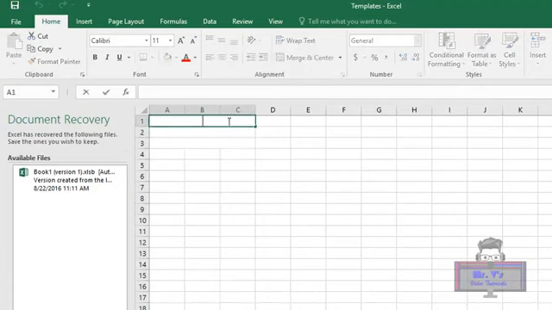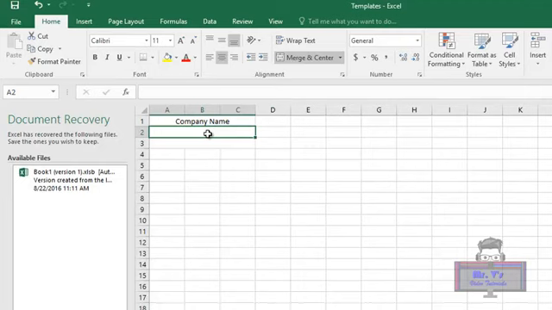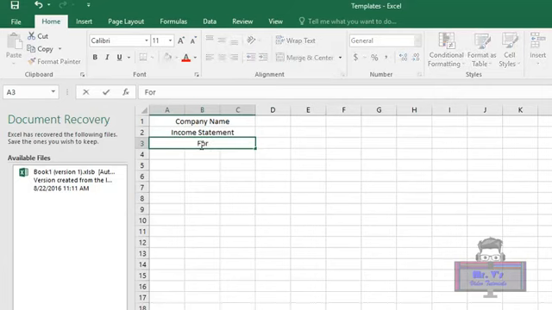And we're going to start with company name, and then we're going to have the name of the report, which is an income statement. And then this is where you say for what period of time it is. Some people do it weekly, sometimes it's bi-weekly, sometimes it's monthly, sometimes quarterly, half a year, all these things. And companies tend to do them on the same amount of time every time. So we'll say for the month